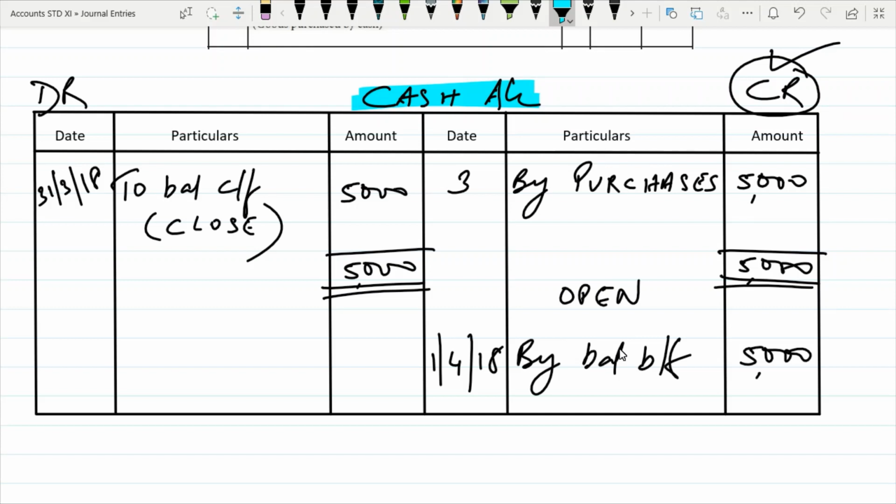So now if you want to know whether this cash ledger has a debit balance or a credit balance, why? Because this opening balance is written on the credit side. And how much is the balance? Cash ledger has a credit balance of 5,000 rupees. This is how we are going to determine whether cash account has a debit balance or credit balance. Now again, one thing very important, in real life, cash never has a credit balance. We have not solved the entire problem. Therefore, it is showing a credit balance. In real life, cash always will have a debit balance.